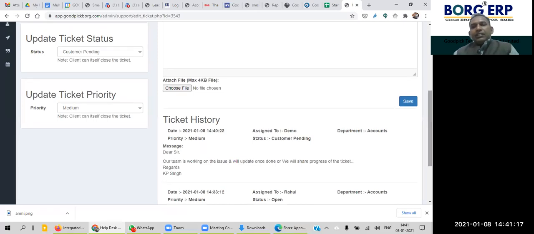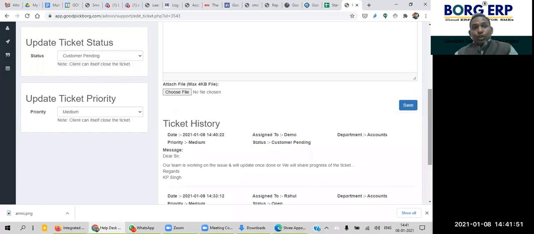And if, for example, you want to hold that ticket, because that issue may last long and is not that high priority, and sometimes customers open tickets which may or may not be that relevant to the current working scenario, or they may seek some advice, and your concerned person is not available for that advice, in that case, you can change the status from here.